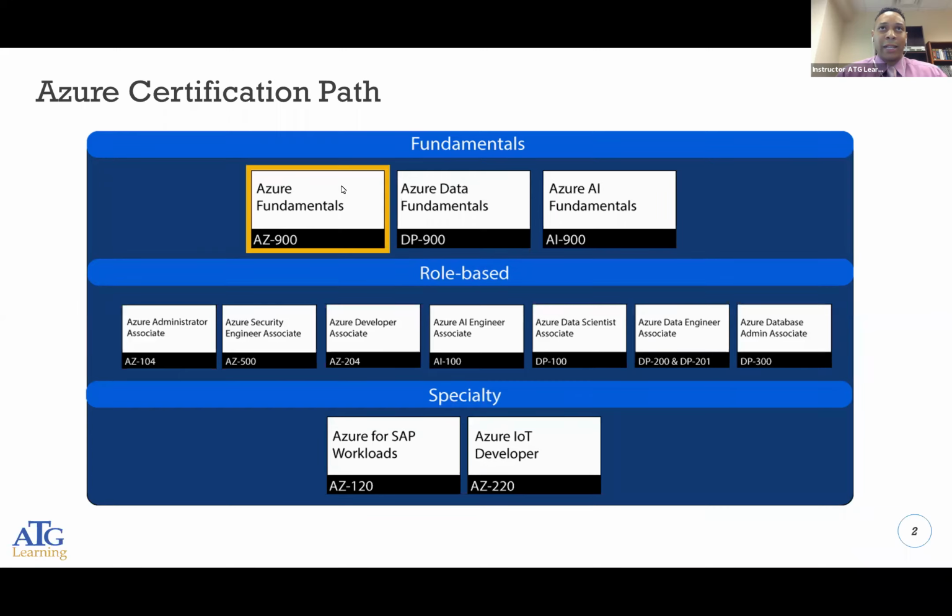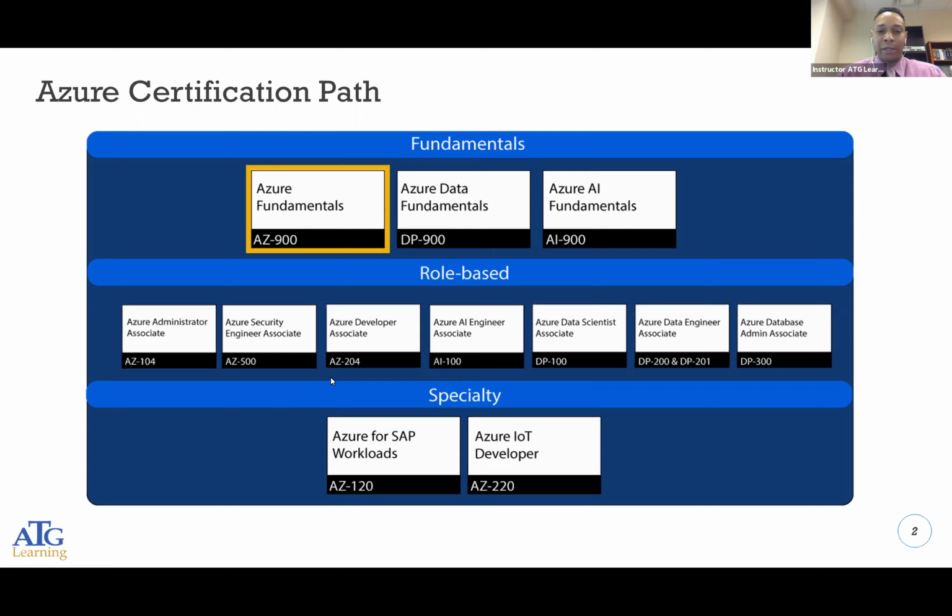Let's talk about the exam, the Azure Fundamentals AZ-900 exam. This exam is composed of between 40 to 60 questions, in which you'll have about 85 minutes to take this exam. And for a passing score between 0 and 1,000, you need to get at least a 700 or above. So that's a 70% or above to pass this exam. So it's pretty attainable. It's not an 850, like some of the other exams as you get further and further down this list, especially when you get to expert level, they expect you to have a higher score. But for the fundamentals, it's 700.